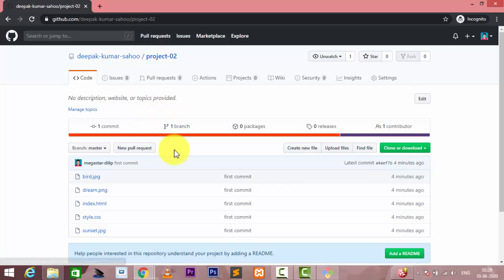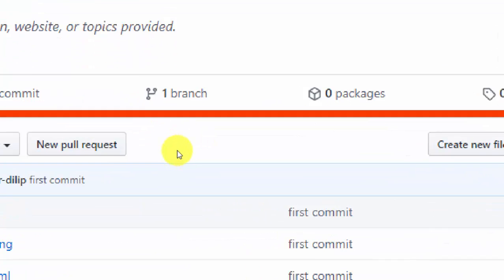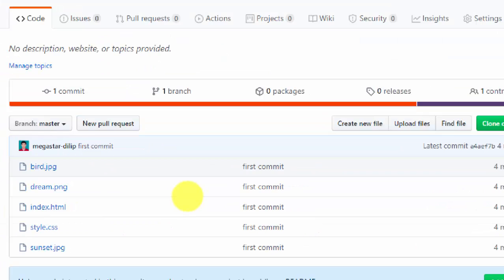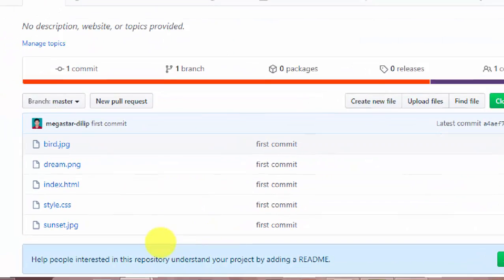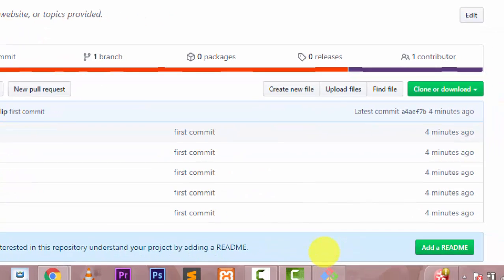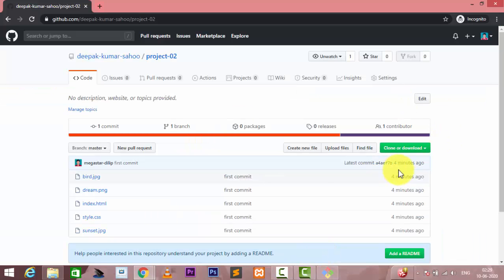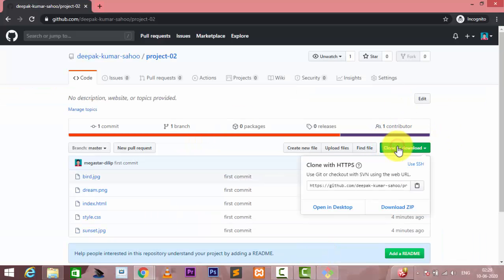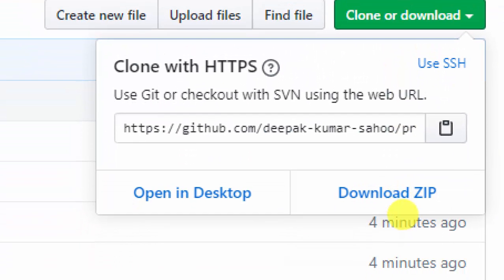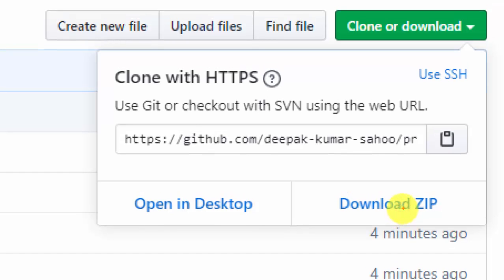I zoom in here so the data is showing. Let me zoom more. This is the entire data showing here, and this was completed 4 minutes ago. If you want to download or clone it, you simply click here.